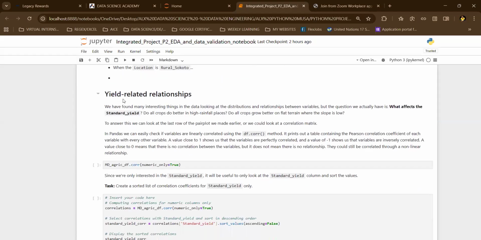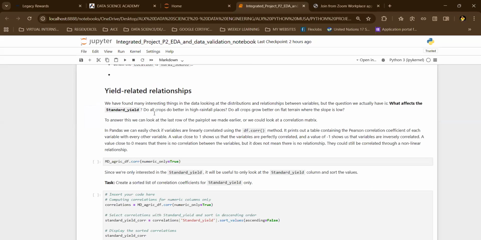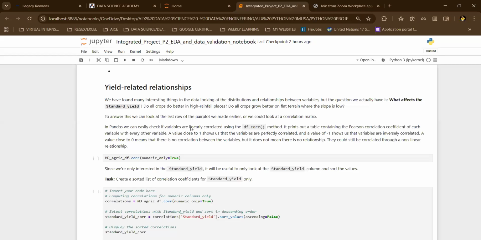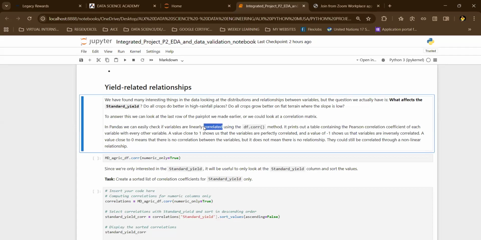So the next thing is yield-related relationships. We want to now compare the relationships between the crops and the yields. We are going to counter check whether there is any correlation, or whether there are any relationships between